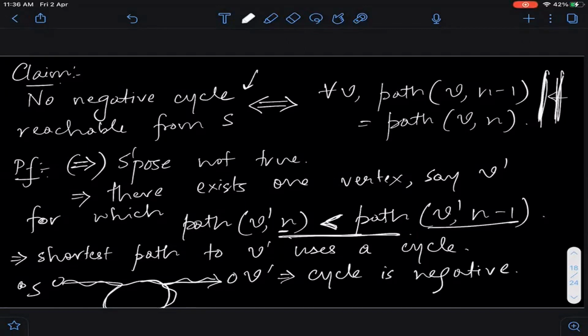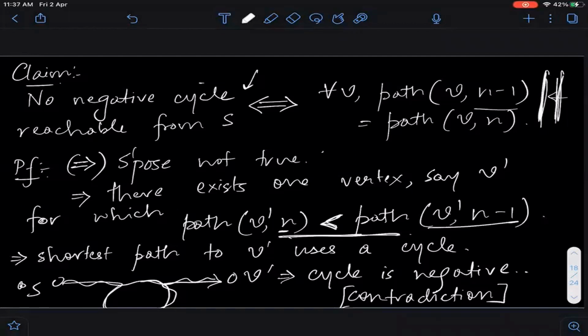Okay, क्योंकि आपका premise क्या था? आपका premise ये था कि there are no negative cycles in your graph. तो आपने start किया with no negative cycle, फिर आपने assume किया कि ये true नहीं है किसी एक vertex के लिए, and you arrive at the conclusion that there has to be a negative cycle. That is what we call a contradiction. Okay, so that's the contradiction. Clear? सबको clear हो गया ये? Right? Okay. Any questions? So this was the relatively easy direction.